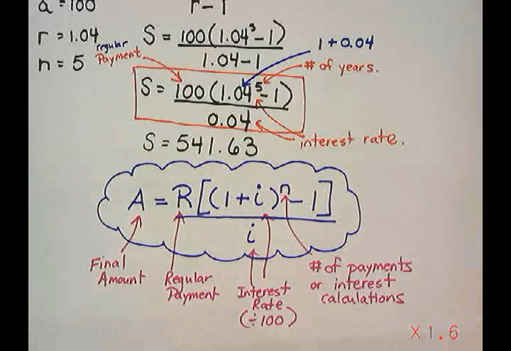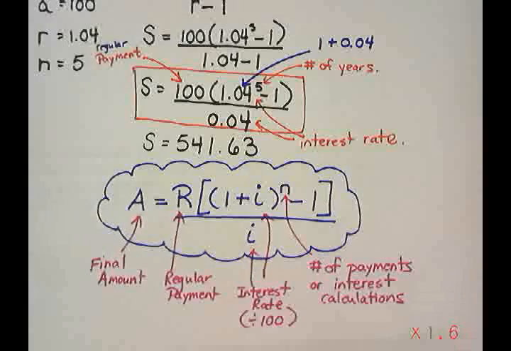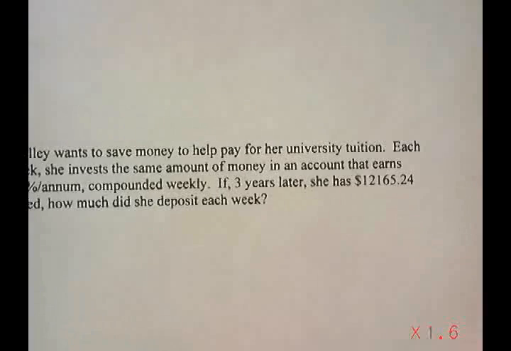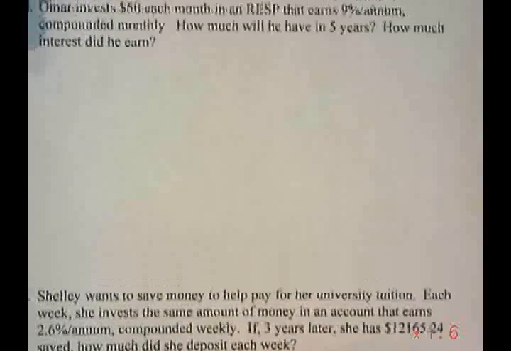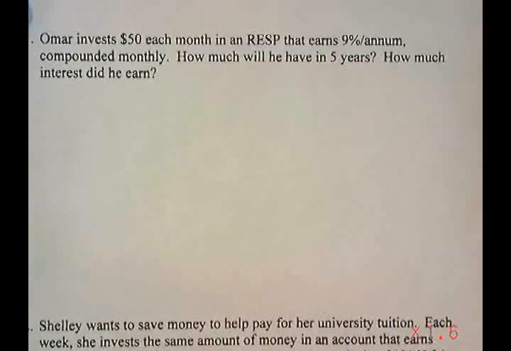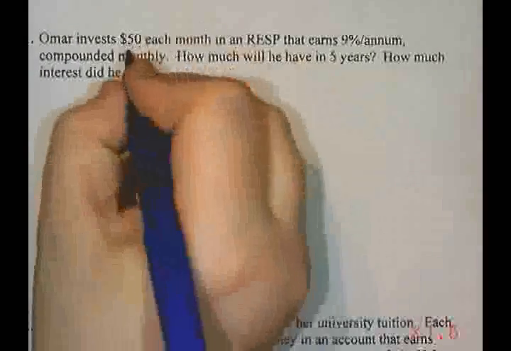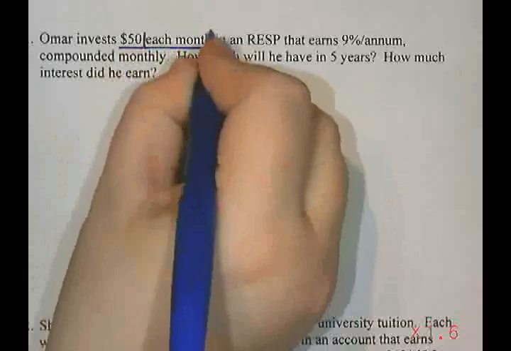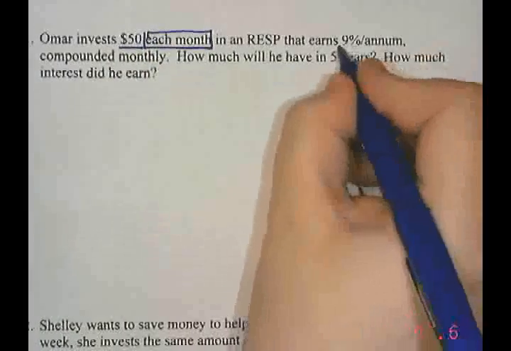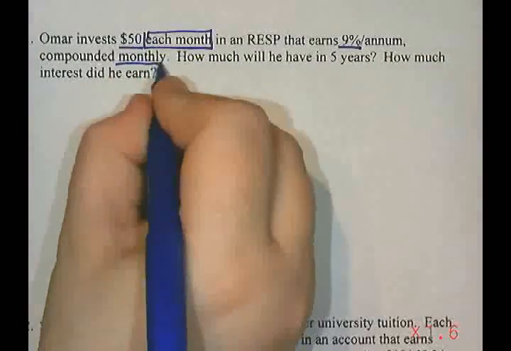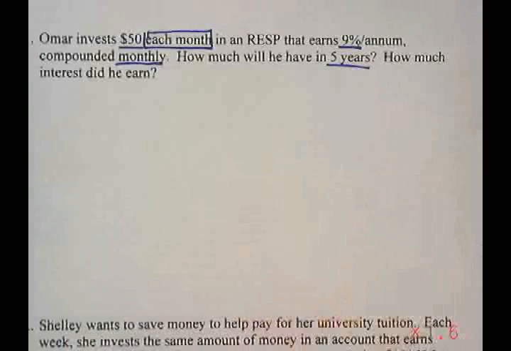So what we're going to do is see if we can actually use this formula to do some calculations. We have a couple of questions that we're going to take a look at. The first one says: Omar invests $50 each month in an RESP that earns 9% per annum compounded monthly. How much will he have in 5 years, and how much interest did he earn? So important things in the question: he's doing $50 each month, it's getting 9% per annum compounded monthly, and we want to know how much money he is going to have